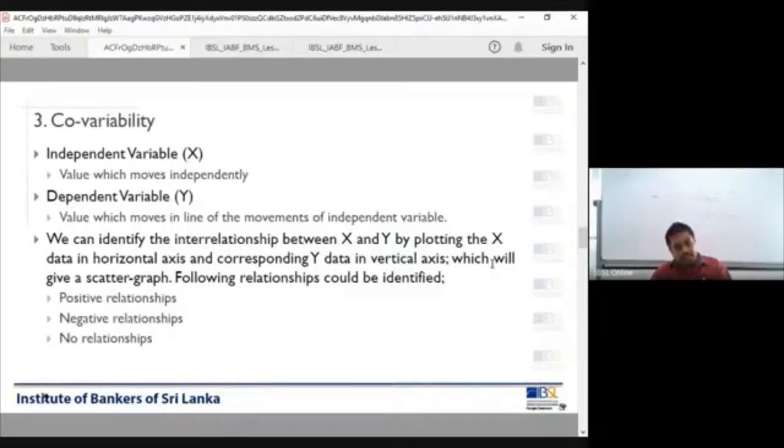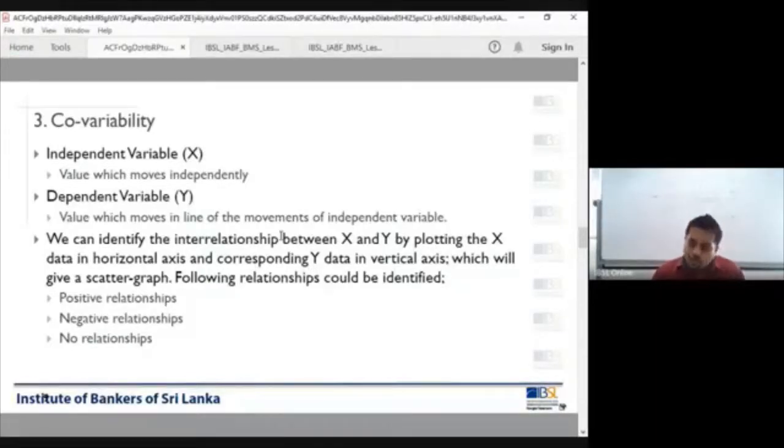You could estimate, you could derive, you could extrapolate, you could interpolate. So that is the whole idea of why we are bringing in two variables and why we want to identify the covariability of those two variables. Having said that, let's see some of the broader definitions of the